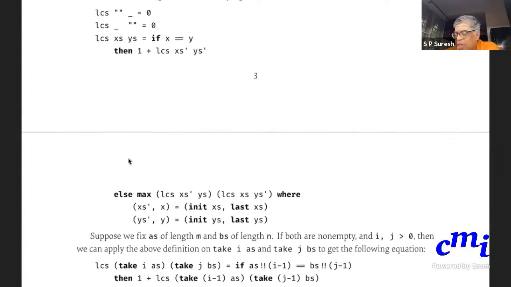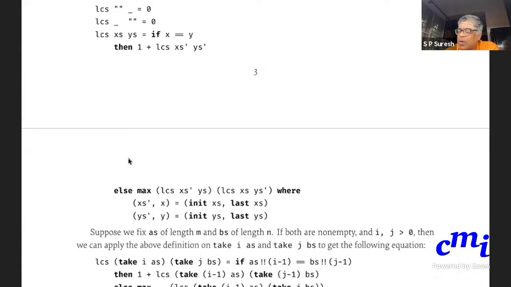Okay, so given this definition, what do you think you can say about LCS of, so fix, so this is the important thing. For the rest of this, you want to fix an A's of length m and B's of length n. Okay, you want to fix this and do everything in terms of this. So your ultimate call is to do LCS of A's, B's, but we will do it in a series of steps. So for now, fix A's of length m and B's of length n.